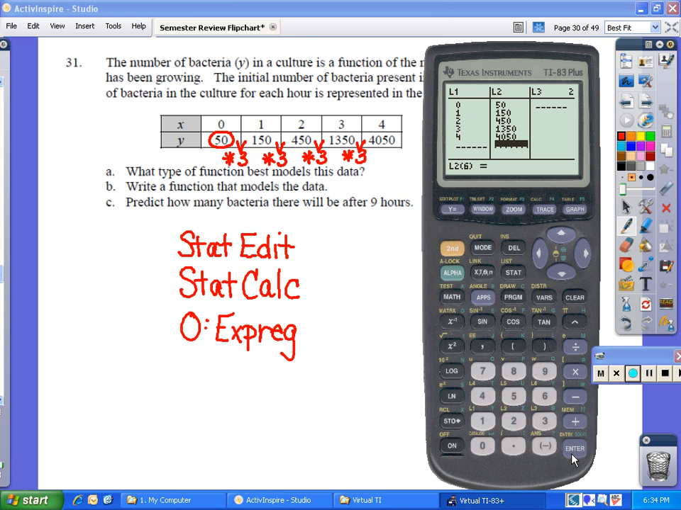Now that we're finished entering our data, we'll hit stat again to go to the procedure that we want. We need to go over to the right to calc, and then we're going to scroll down through all of the options until we find 0 exponential reg. We can either hit 0 or hit enter at this point, and then hit enter again for it to run the procedure. Notice it gives us the same form of the equation, y equals a times b to the x, where the initial value is 50, the base is 3,